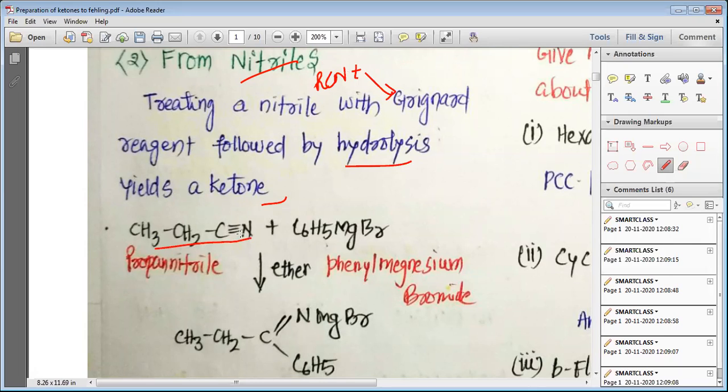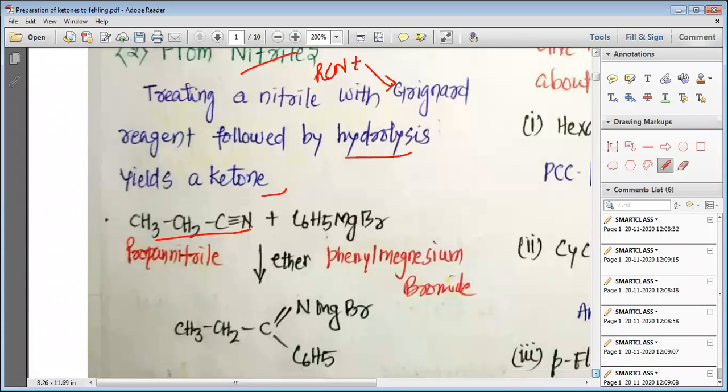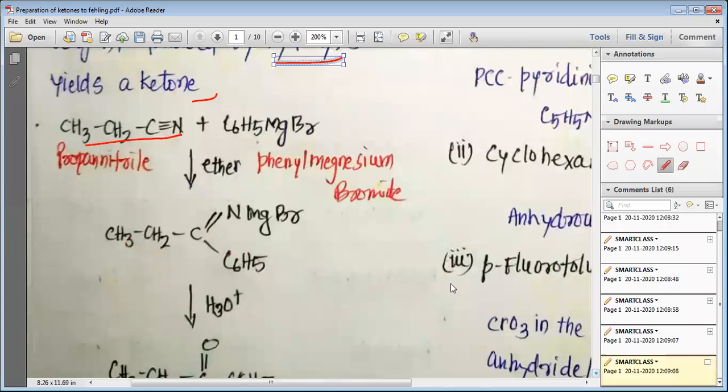This is the nitrile that we have. This nitrile undergoes the reaction with the phenyl magnesium bromide. When it undergoes the reaction with the phenyl magnesium bromide, it produces an intermediate, you can see here. So you can see that this triple bond turns into double bond between carbon and nitrogen, and with nitrogen, this MgBr part is bonded. This phenyl group is directly bonded to this carbon,